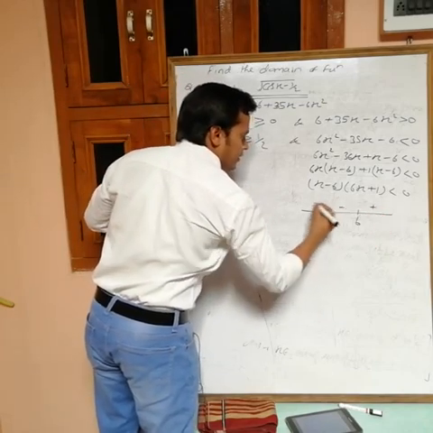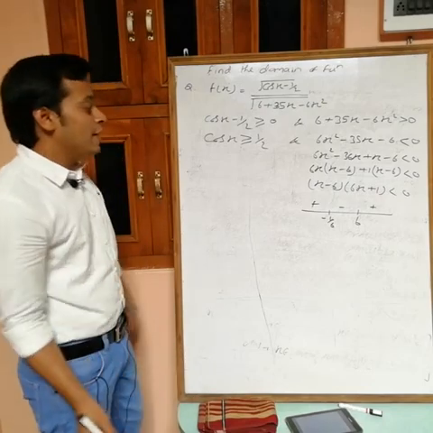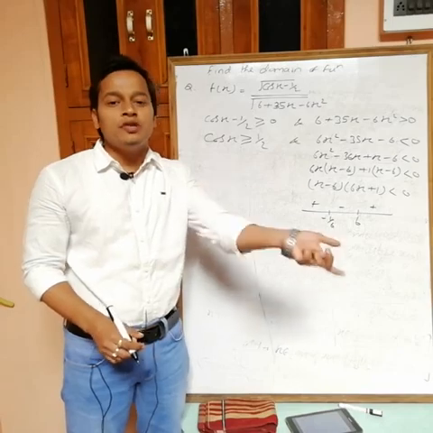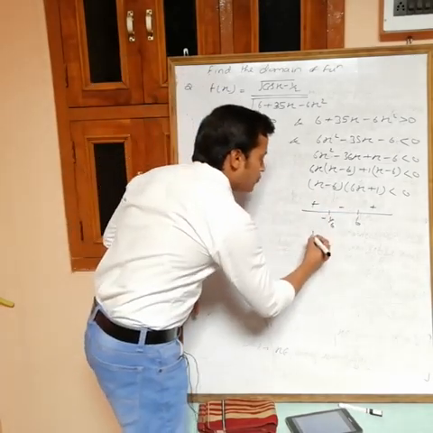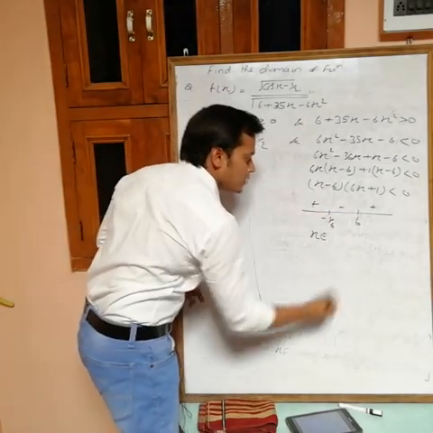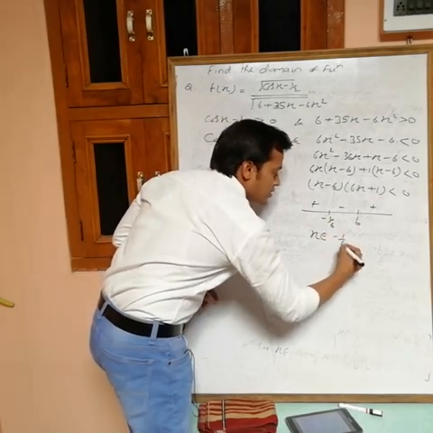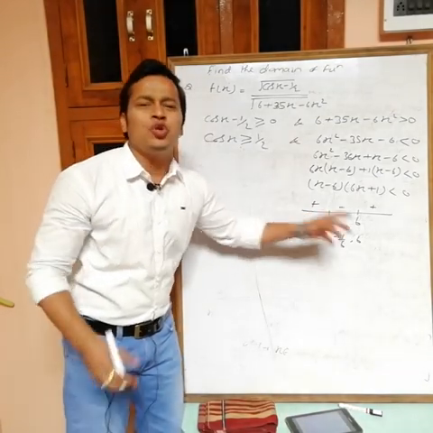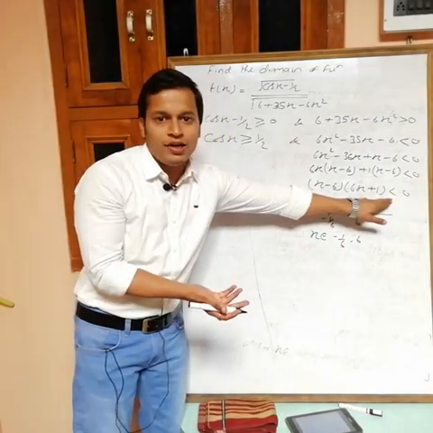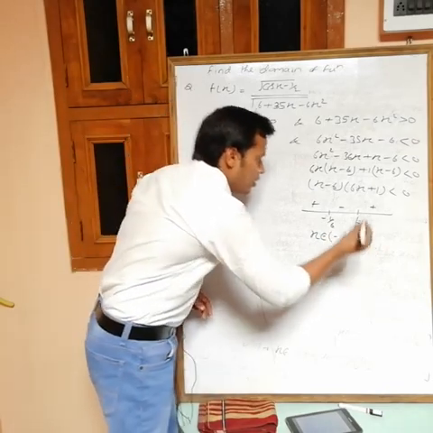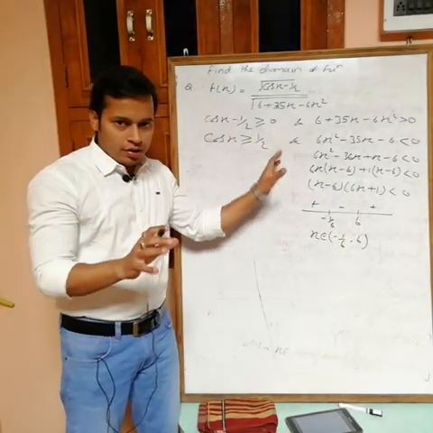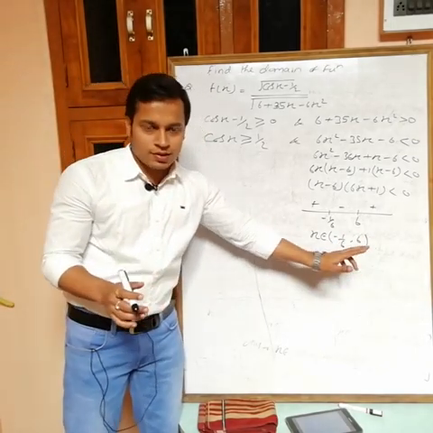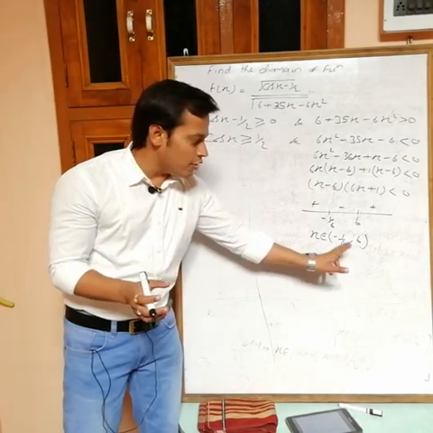Then the signs are plus, minus, plus. The sign pattern is simple. Now see, here we have less than 0, so I have to take values of x with the negative sign. It means this interval. So for this case x belongs to minus 1 by 6 to 6. One minute, can I include minus 1 by 6 and 6? No, because here we didn't have any equality sign. So it is an open interval. It means at the end you will get the answer only from between minus 1 by 6 to 6. You can't take any value of x outside this interval now.